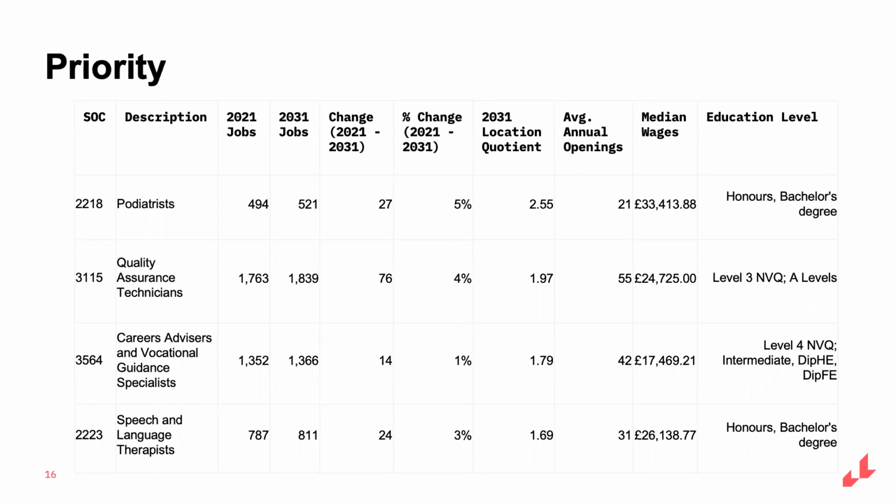It's one thing to look at the LMI, though. It is another to connect it into provision. So let's just add that step to the data journey. Sticking with quality assurance jobs in the Northeast, which had pretty robust LMI, as we just saw, let's look at what jobs actually make up that occupation by looking at job postings in the past year.